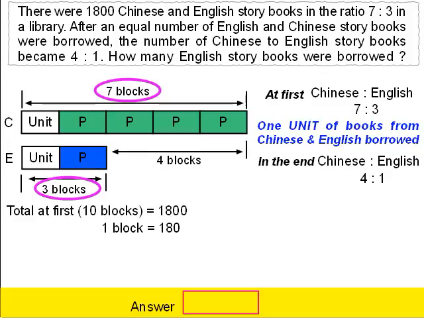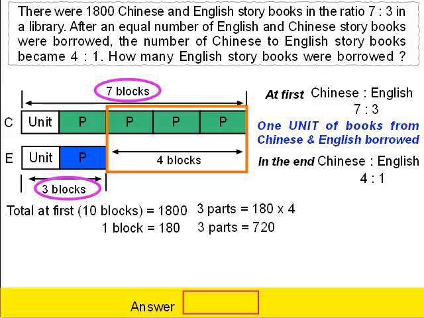So when 1 block is 180, you apply this part of the model: 4 blocks is equal to 3 parts. So 3 parts is equal to 180 times 4, which is equal to 720. Therefore, 1 part will be 720 divided by 3, that gives us 240. That's for 1 part. Then you can pick either the English or the Chinese to compare, but we'll pick the